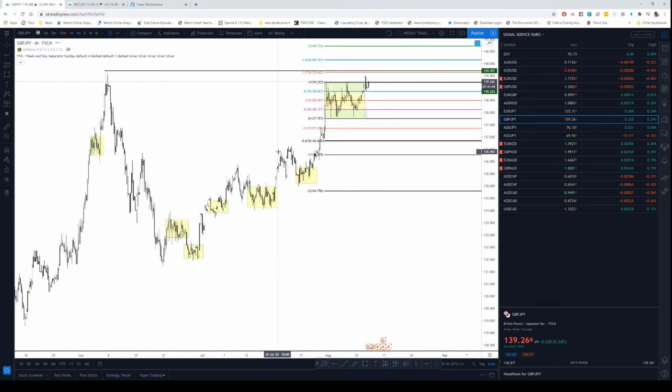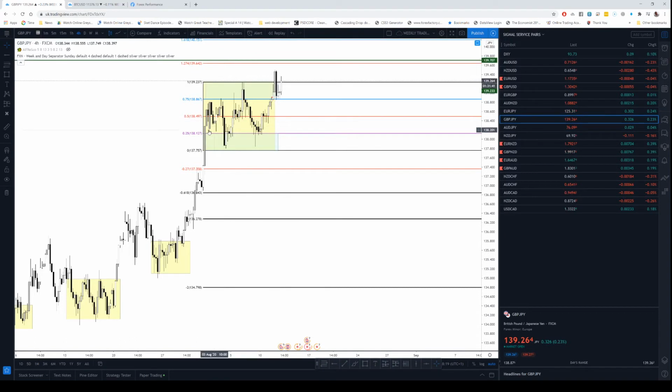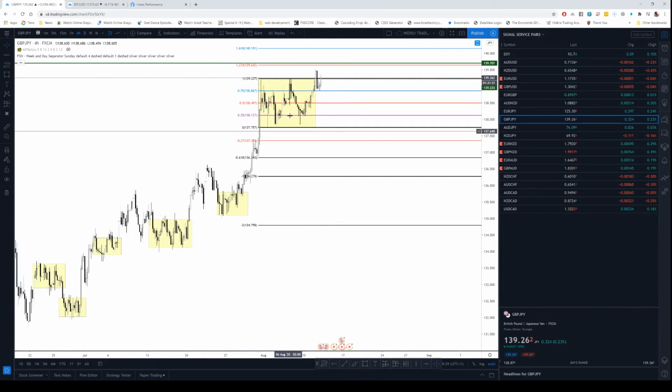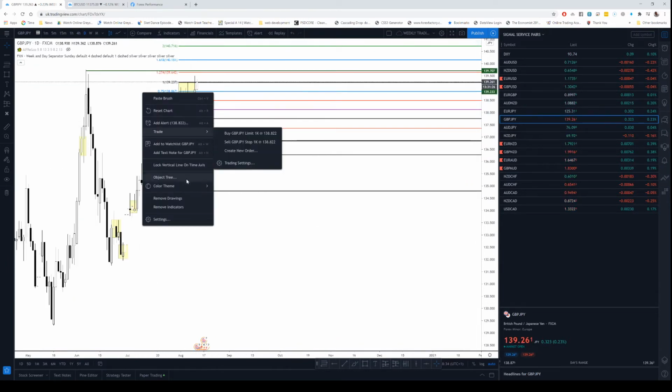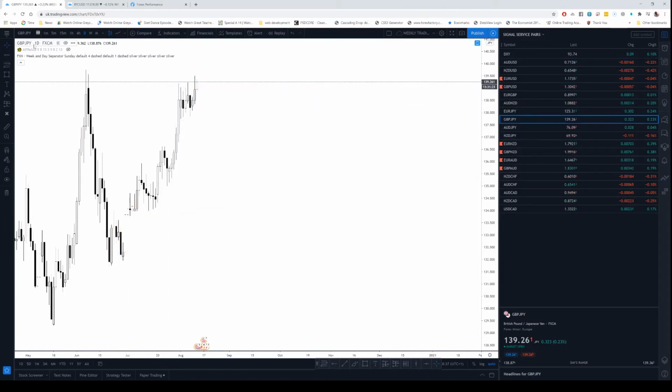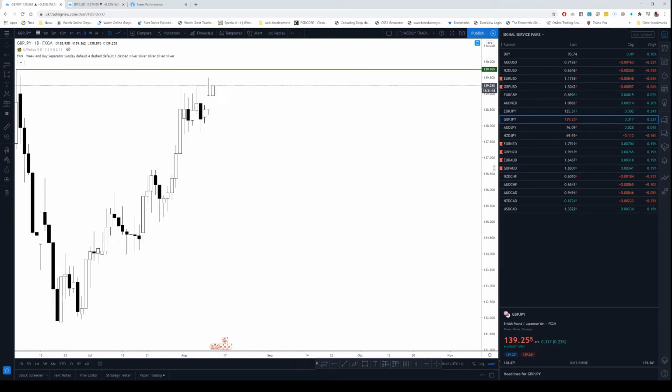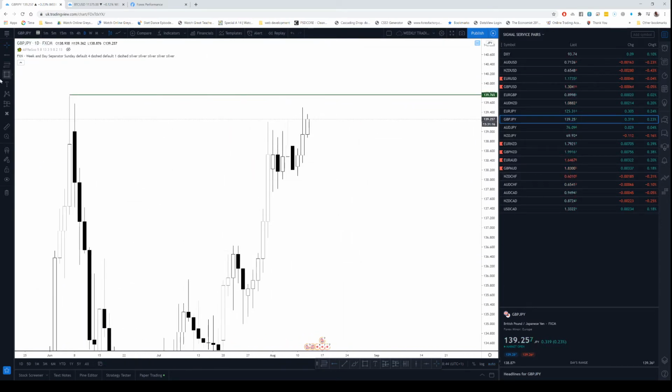Pound yen. Pound yen did break outside the range. Let's remove this one. Move that one. We broke outside the range. If we drop onto the daily, again you can see, let's remove all the drawing. You can see they've managed to trade above the down candle in here. Yeah, they've managed to trade above this down candle, so we're looking for this high to be taken out basically